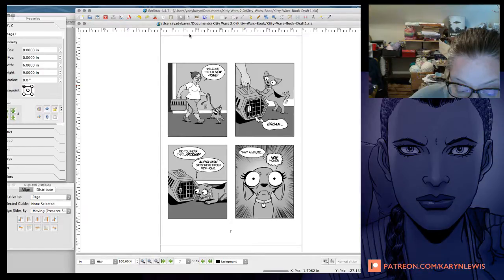So here's page 2, then page 3, and then page 4. So then what I need to do now is I take this and I just right click on it and I say copy. And I go down to the next